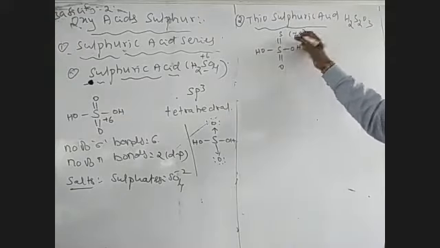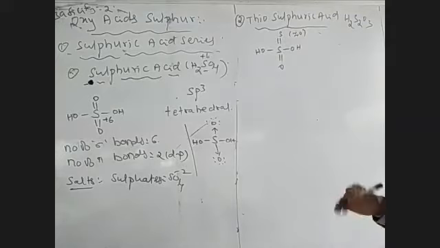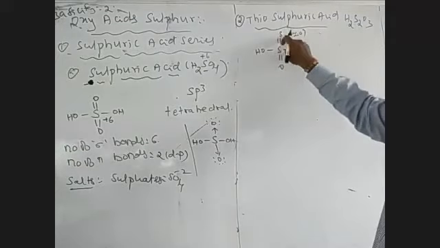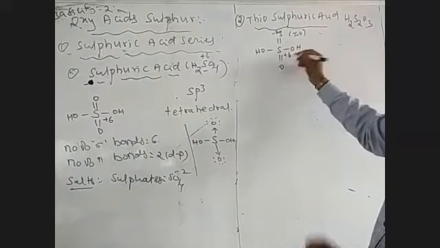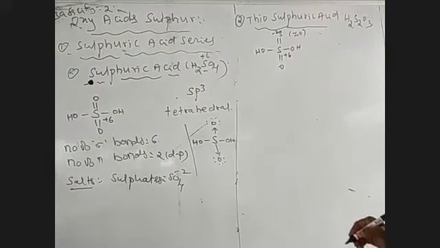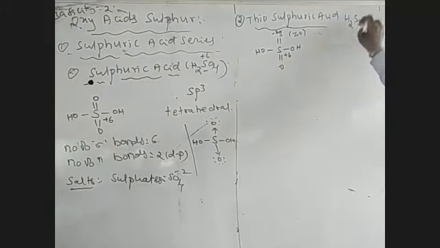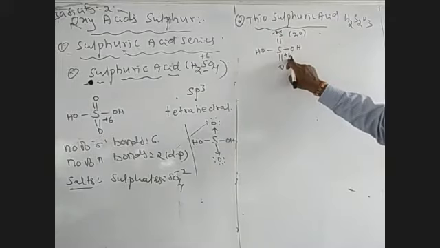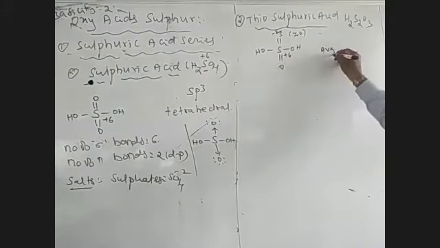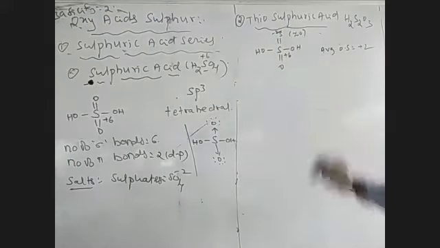Between oxygen and sulfur, which one is more electronegative? Oxygen. Therefore, the two bond pairs are taken by the sulfur. So one sulfur has -2 and the other sulfur has a +6 oxidation state. In thiosulfuric acid, two types of sulfur atoms are there. Therefore, the average oxidation state is +6 minus 2 by 2, which is +4 by 2, equal to +2.